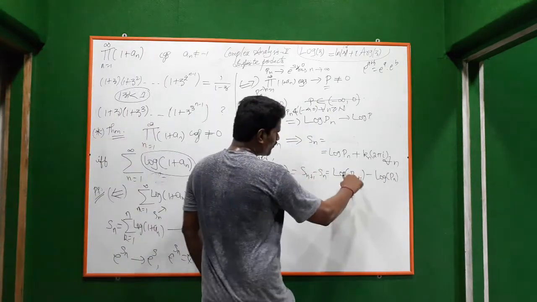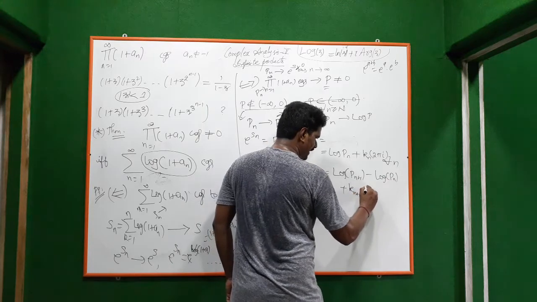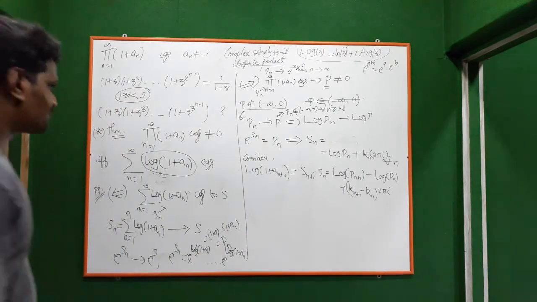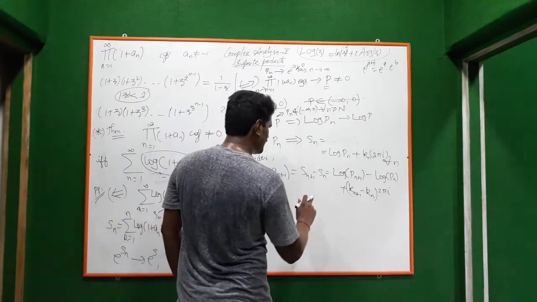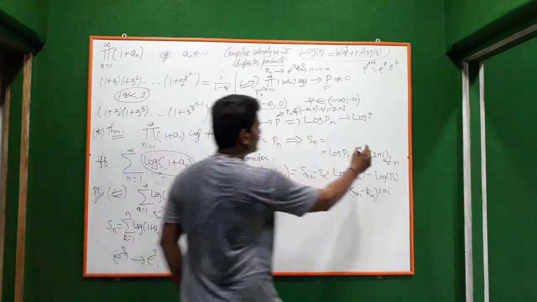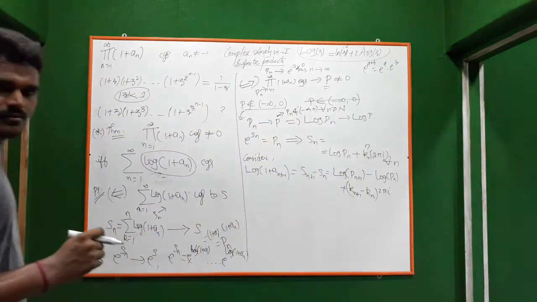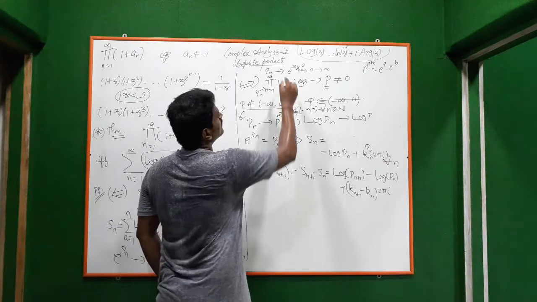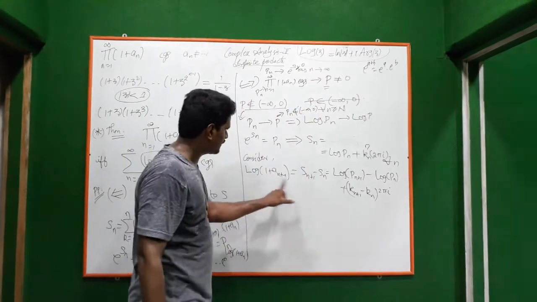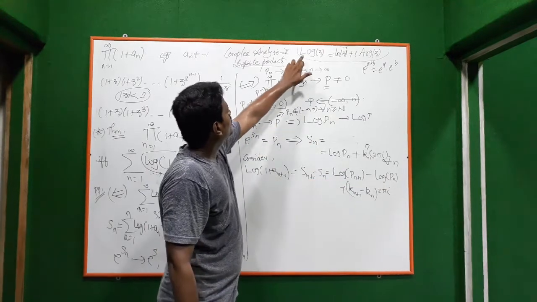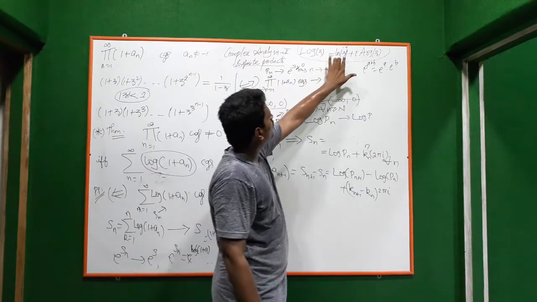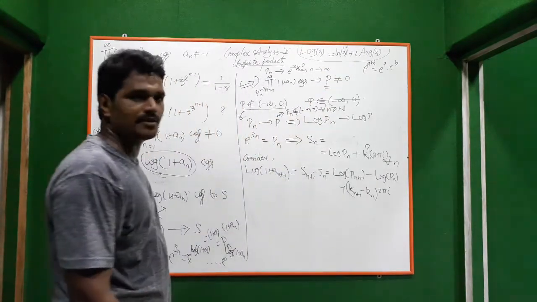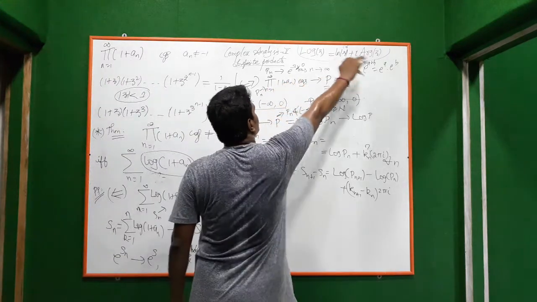Then here we will get plus (k_{n+1} minus k_n) times 2 pi. Then, what is this k_n? That is the only value we don't know here, so we have to find k_n. For that, we know the definition of log z. All are complex numbers. We know log of that complex number is ln of mod z plus i into argument of z in the principal branch.